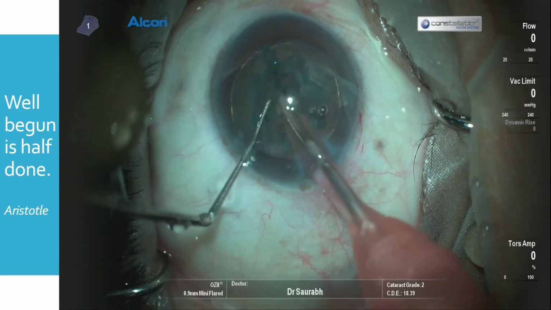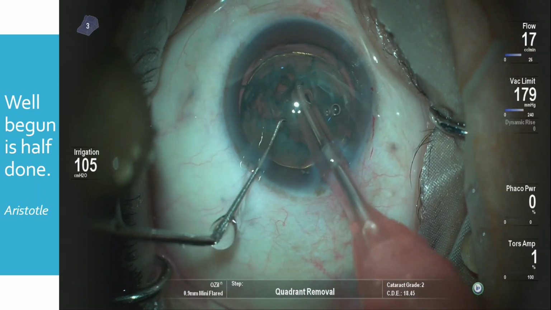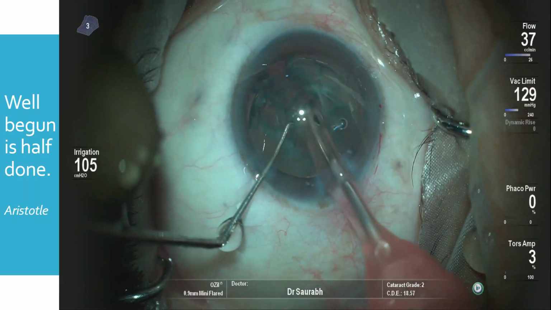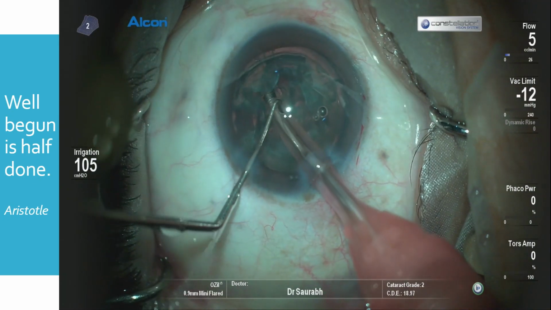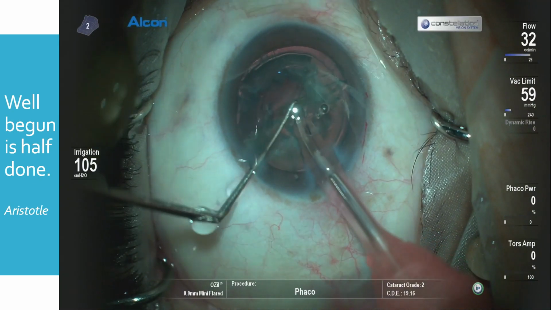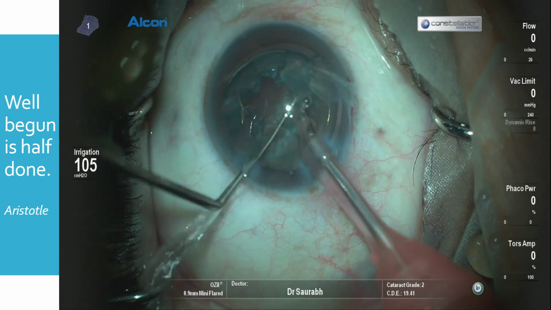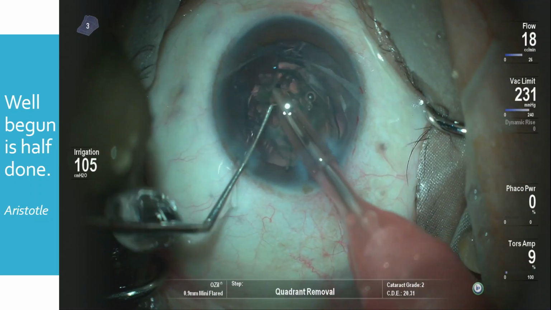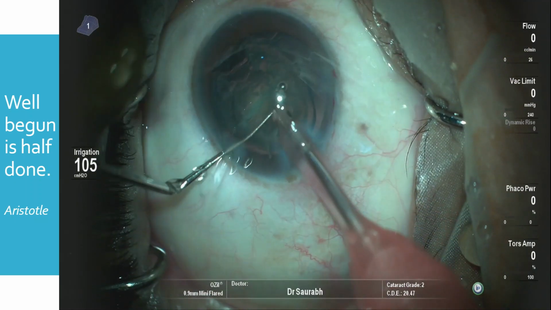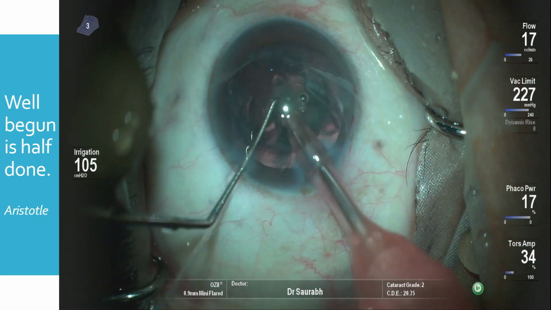You can see I am doing a normal phaco surgery with the stop and chop technique. Just mark one thing here, that I literally need to dive in for all the maneuvers, but there is little distortion of the side port or even the main port. So all the maneuvers have become so simple. One thing that we have to remember is the reverse pupillary block or lens iris diaphragm retropulsion syndrome.